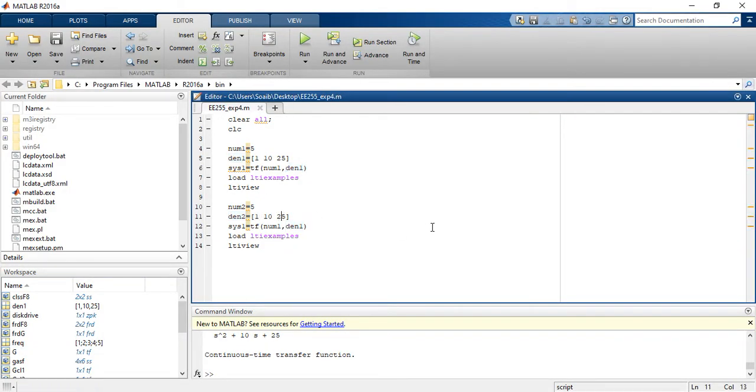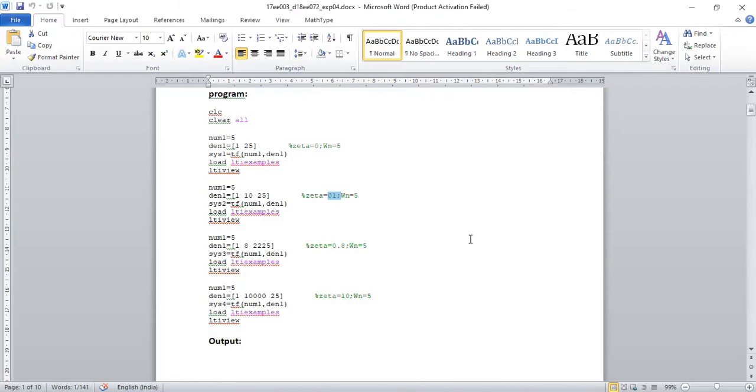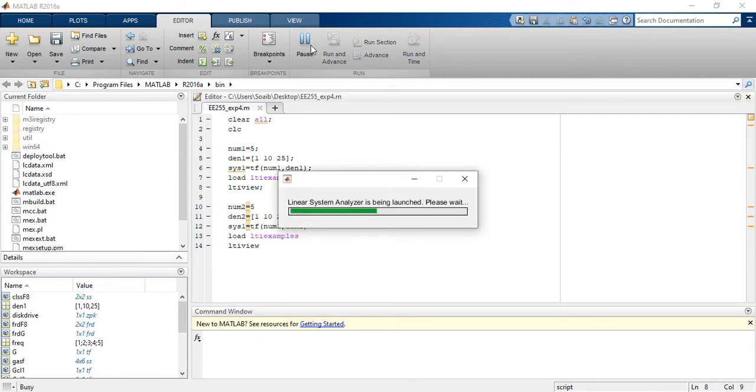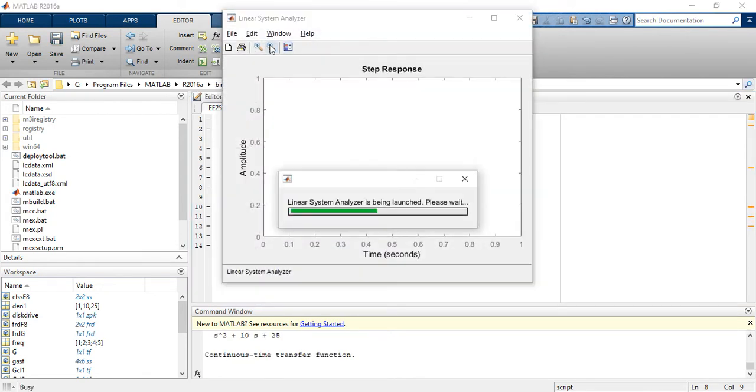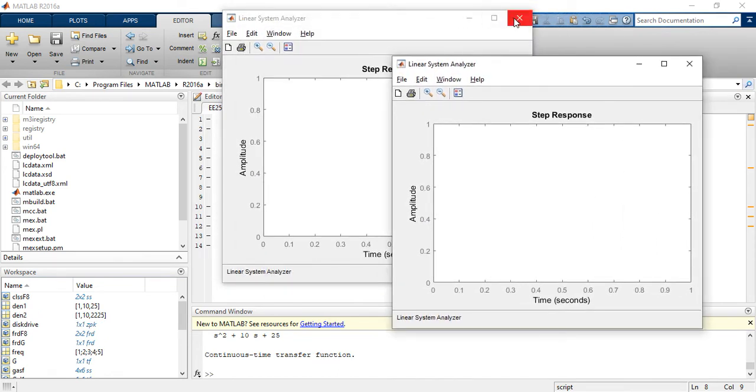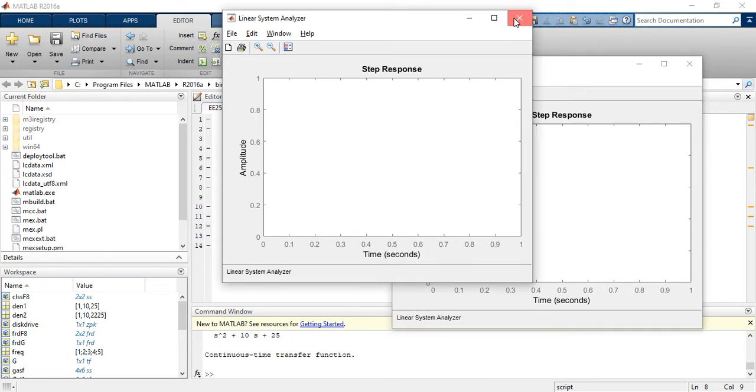I will not be running it, so I will put a semicolon over here and run it. Again it will show the system analyzer. It will show 2 because we have loaded 2 LTI.